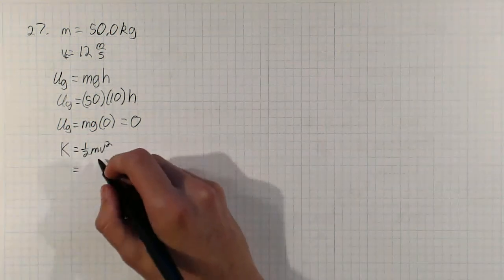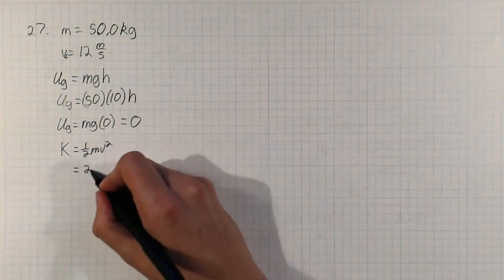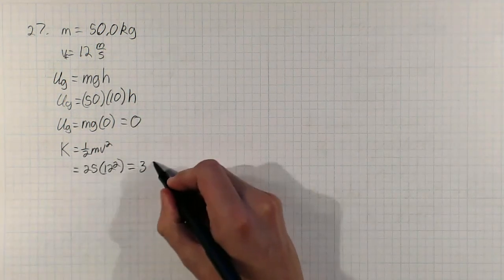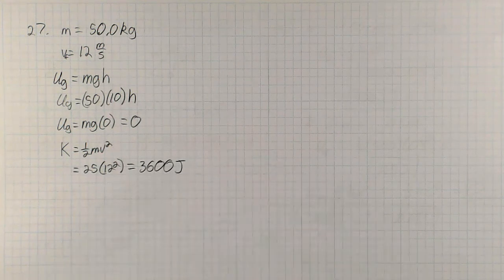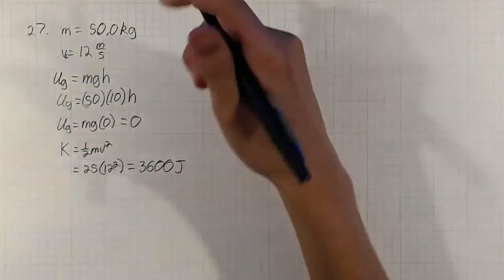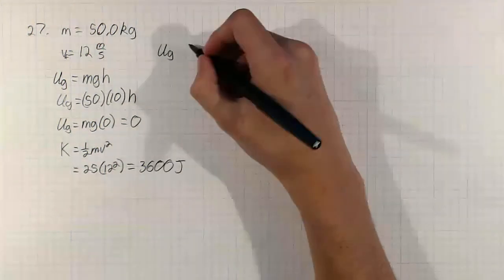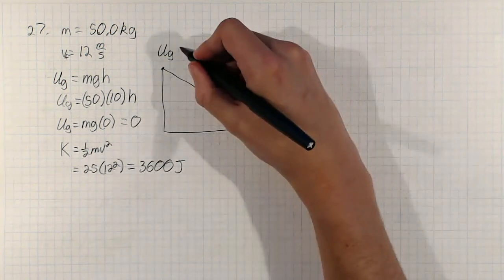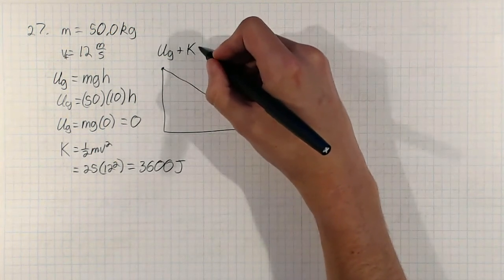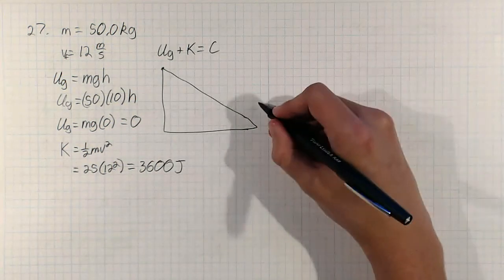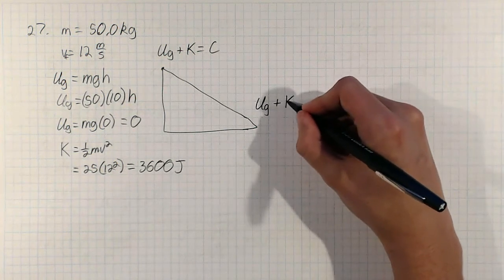So the kinetic energy is equal to 1/2 times 50, so 25, times 12 squared, which is equal to 3,600 joules. Now, we know that the sum of the energies of the system has to be the same throughout. So that means at the top of the hill, the potential energy due to gravity and the kinetic energy have to be equal to some constant c. And at the bottom, the potential energy due to gravity plus the kinetic energy has to be equal to that